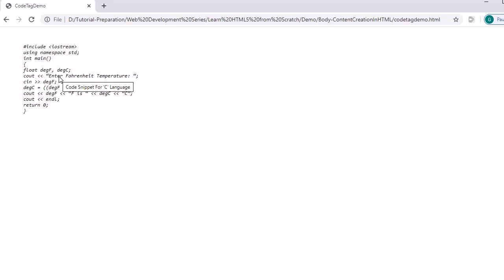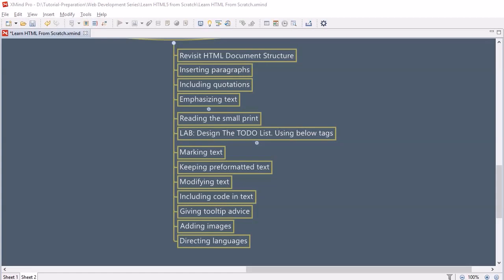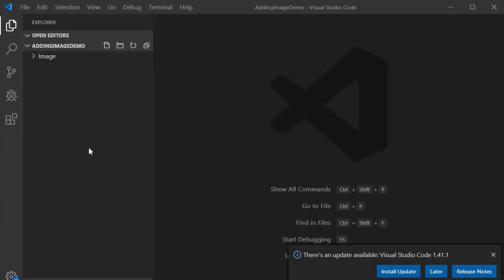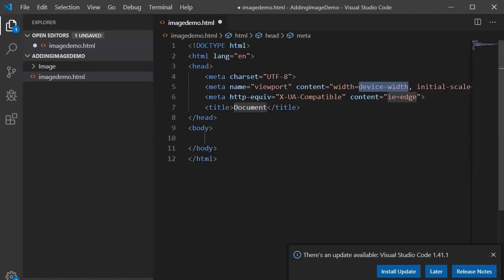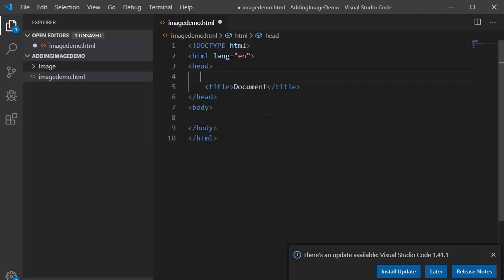So let's proceed further. Now we will look into adding images. Here we will look into how to add image within an HTML document. Let's look into the example. So I am into Visual Studio Code. So here we will create a new file, and here we will tell that image demo.html, and now we will generate the code. You know that we will use the HTML5 snippet. To do that we need to write HTML, select this one, remove this one,